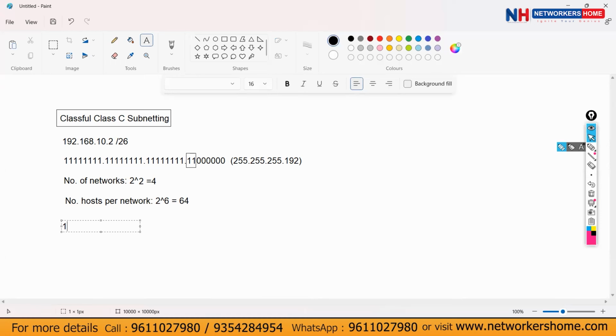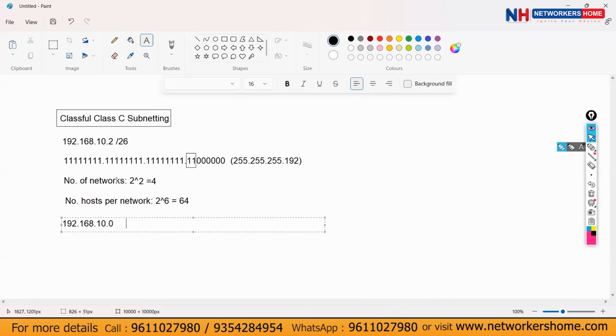What will be the starting point in this network? 192.168.10.0. This is where it starts. We need to look at the next network IP. This is the first network IP. 4 networks means 4 network IPs. Each network will have one network IP and one broadcast IP.